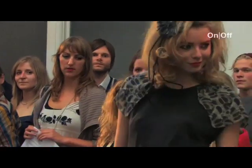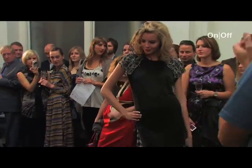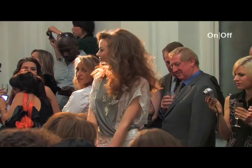But I wanted it to be quite pretty and feminine as well, so I used quite floaty, lightweight fabrics, and then I had the shoulder pads and the hard edge shapes, slightly masculine styling, and yeah, it was a bit of a homage to my favourite movie of all time,